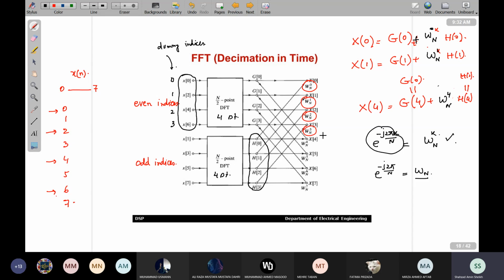So that's why X[4] is actually equal to G[4] plus W_N^4 H[4], but here we are not seeing anything as G[4] and H[4]. That's why we are taking G[0] and H[0], because G[0] and G[4] and H[0] and H[4] are the same values. ठीक है उस्मान? Yes, sir. Thank you बेटा, thank you very much. चलें, आगे चलते हैं।